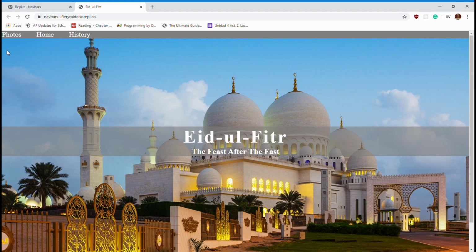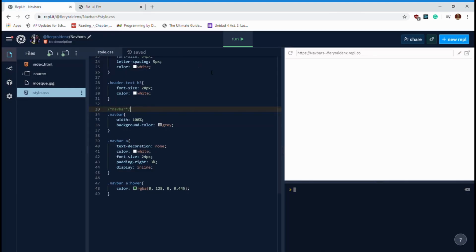Okay, we can hover over it, change the color, which is pretty cool. Again, this is not the most appealing of navbars, but I do want you to experiment with how to make a better navbar than I did. This is a very basic one. So, like I said, we've changed the width, and then for the A tag inside of the navbar, right, we